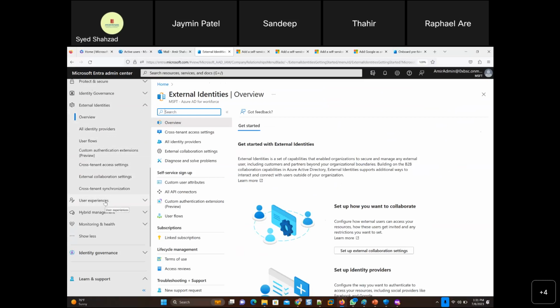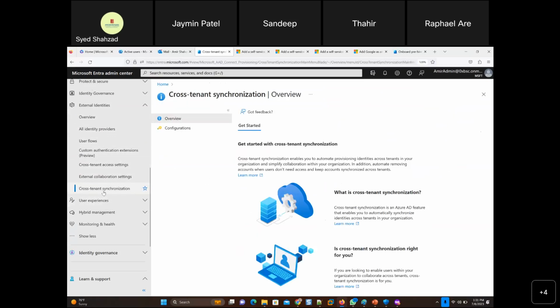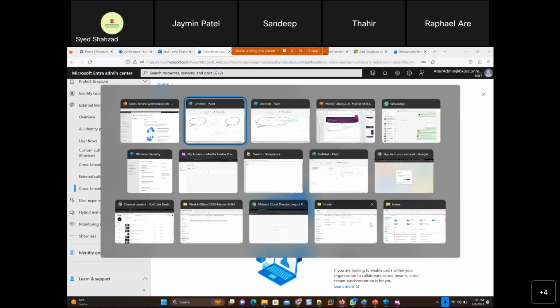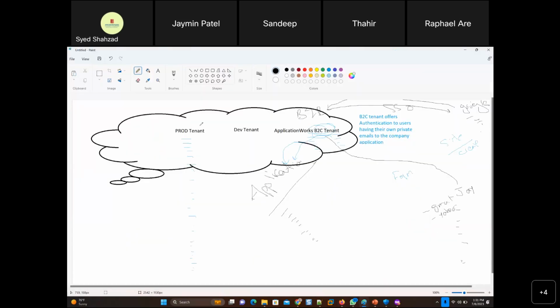Okay, and there's cross-tenant synchronization here. What is cross-tenant synchronization? Cross-tenant synchronization is an Azure Active Directory feature that enables you to automatically synchronize identities across tenants in your organization. We were talking about how, tenant to tenant, there is no sync by default.